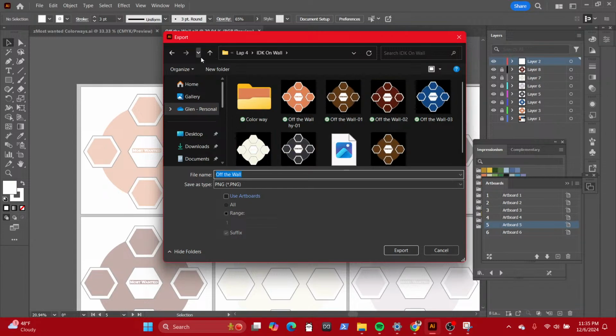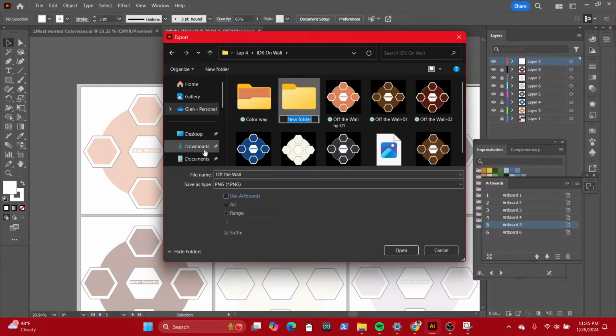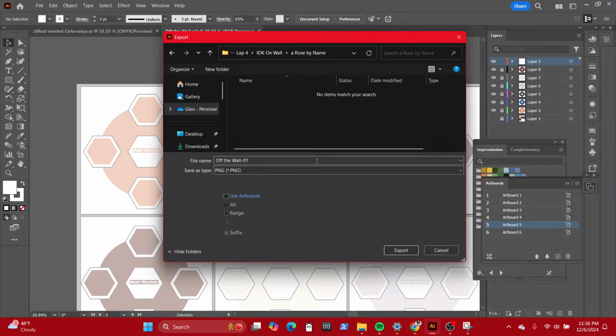We're gonna save this stuff back off the wall. We're gonna call these a rose by name. The name designs. All right. Shout out to Shakespeare. Rose by any name. Cool.